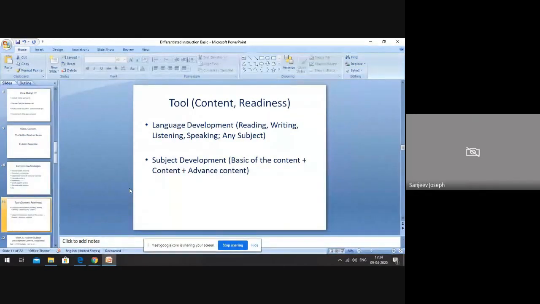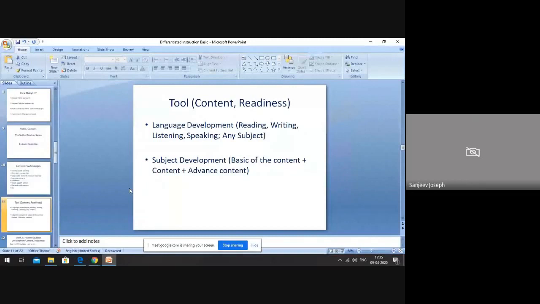Generally, we don't have this kind of language development done for subjects like mathematics and science. Maybe reading is there, but listening or speaking may be very less. But I always feel, and I've done this for the last 2-3 years when teaching mathematics, I read everything given in the chapter with the student, tell them what to write, listen to what we are speaking, and tell them to speak about it. That is what I do for the language development of a subject.